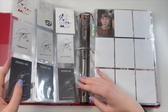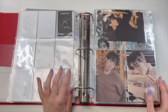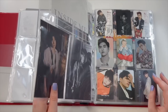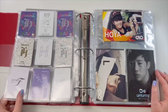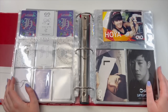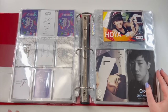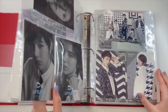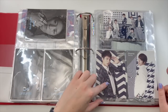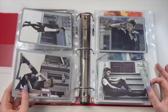I have some other group cards and solo release cards and stuff in here as well. Sungjong is about to make a comeback, so I'm gonna pick that up in Korea too. Hopefully I can find older albums in Korea. I would think so. It's a music store in Korea. I would hope that I'd be able to find Infinite. These used to be the biggest flex that I had, because they were really hard to get. I mean, I'm sure they're really hard to get now, but